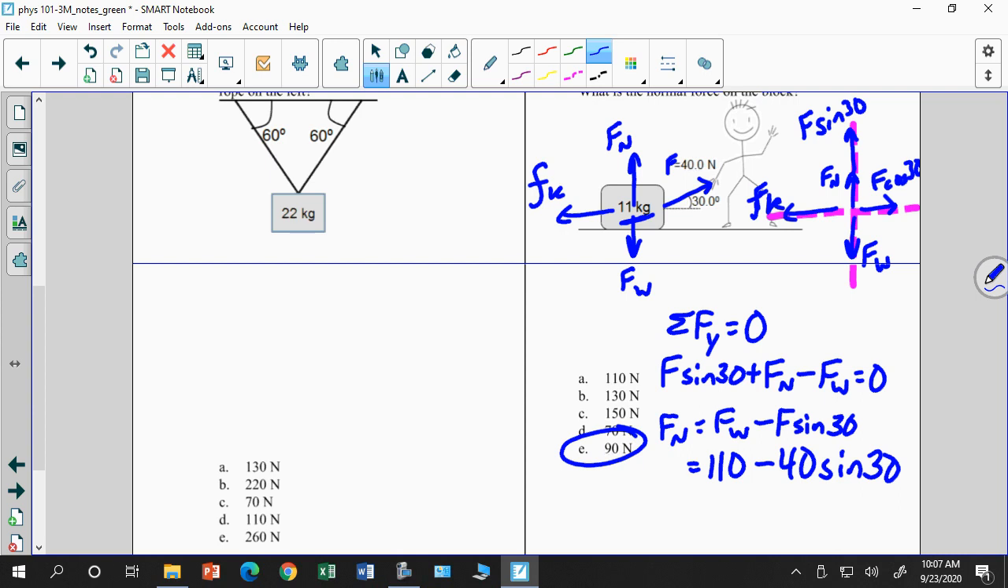So to find the acceleration, I'm going to do the sum of the forces in the x direction. And the sum of the forces in the x direction are F cosine 30 minus fk equals max. And then I solve that. However,